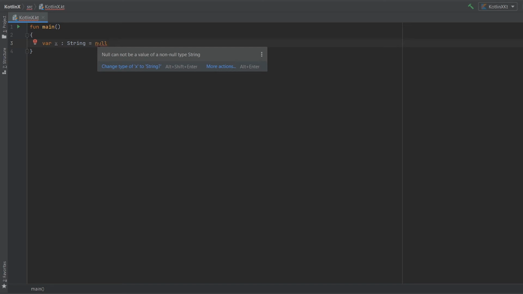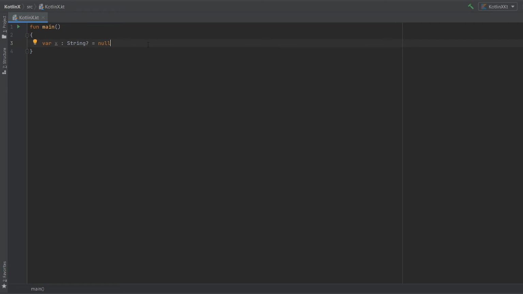If you don't understand what it means, let's make it simple. We have a variable x which is of type string, and we are trying to assign the value null to it. But if we want to assign a variable the value null, then Kotlin provides us a safer way to do that. It might not seem very helpful initially, but it will be helpful at a later stage. So how do you fix this problem? With just the help of a question mark, the problem is solved.